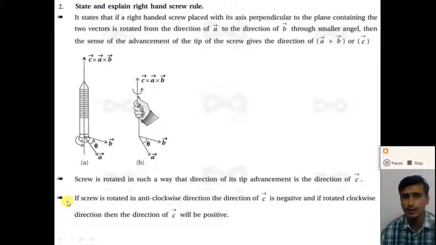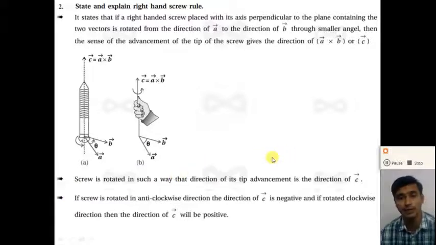So dear student, here the direction of A cross B and the direction of B cross A are not the same, right? It is in the opposite direction. So if you consider the direction of A cross B is in the direction of C, the direction of B cross A is in the direction of the negative of C, that is the opposite of the vector C, right?